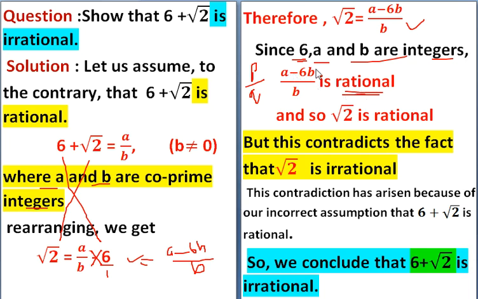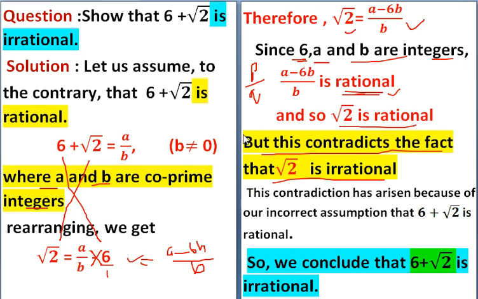So this a minus 6b by b will be rational, and this is equal to root 2. Hence root 2 will be rational, but this contradicts the fact that root 2 is